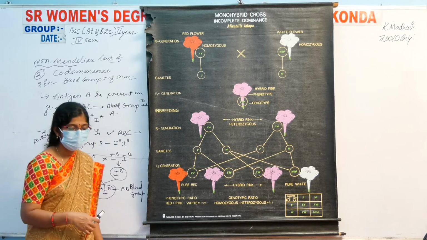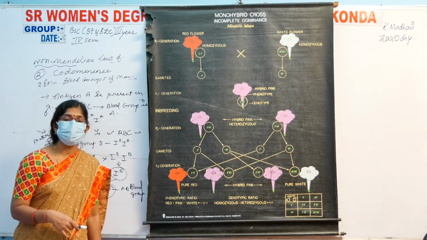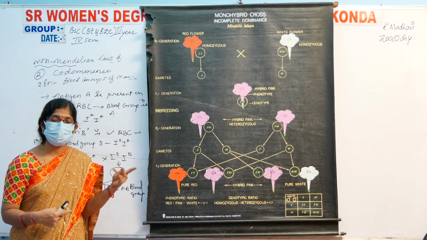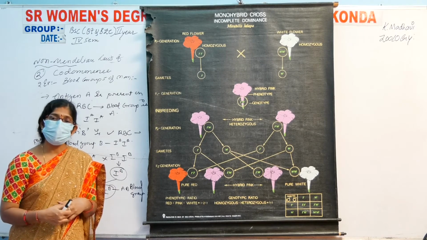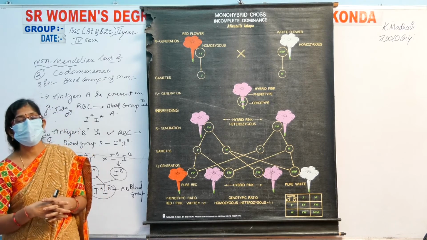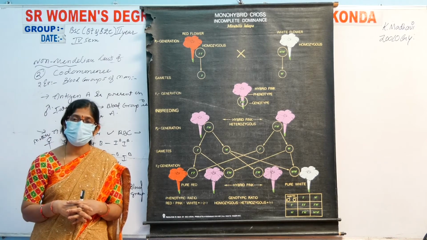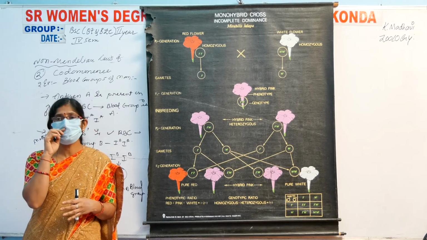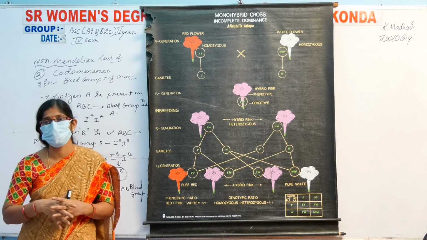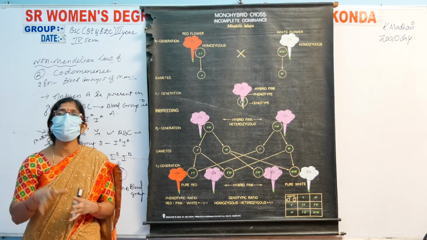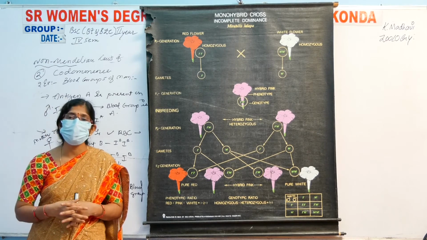Is it clear, ma'am? Next, after the completion of codominance and incomplete dominance, which were proposed by Bateson, both of these are intra-allelic gene interactions. And next are the inter-allelic gene actions. There are so many genes. These genes can mutate, and sudden changes occur in the genes. These cause mutations.